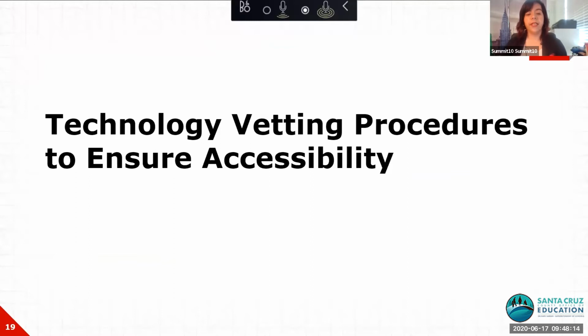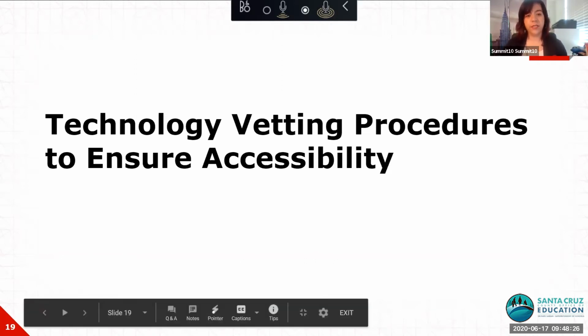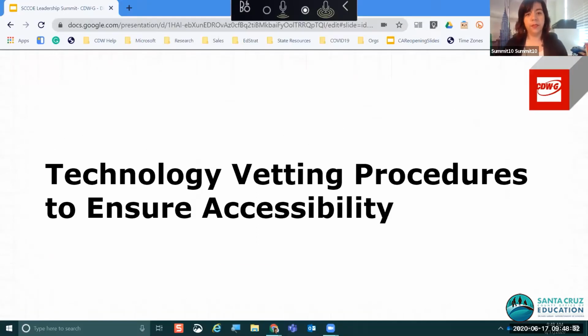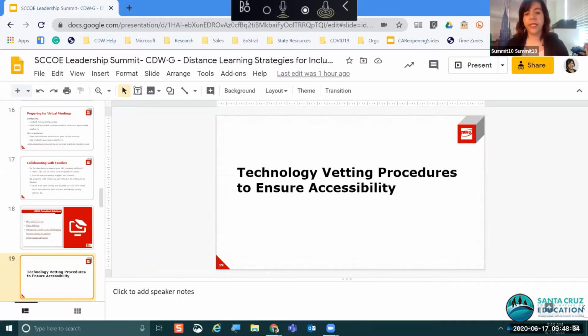So those are some of the more structural and logistical types of things. This next section is something that I find really interesting, just because it is a conversation that isn't always had at school districts. And let me make sure I can get my mouse where I need it to be. There we go. So when it comes to technology vetting processes,